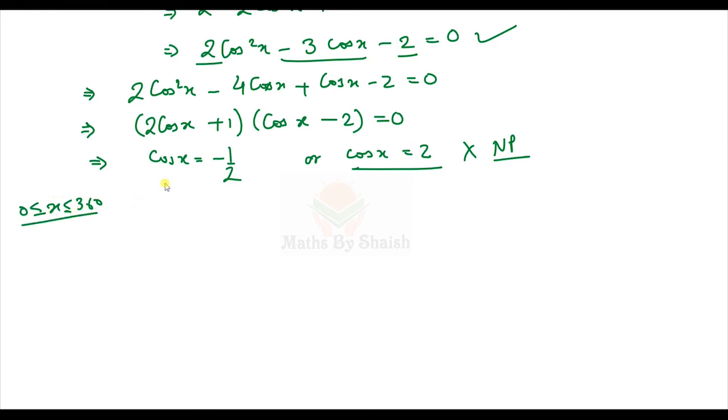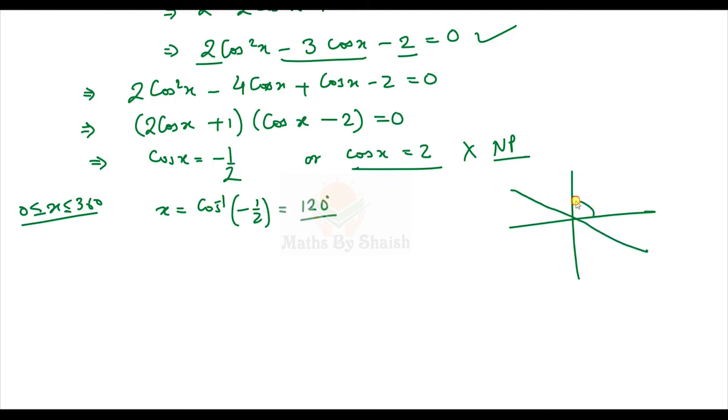So from here, the first angle you will always get from the calculator, that is cos inverse of minus 1 by 2, which is 120 degrees, which is of course true, because 120 is in the second quadrant, and in the second quadrant cos is negative. So we can get it from here also. This angle we got from the calculator, and here it is negative, second quadrant. So if you want to find the other angle, we can only get the next angle in the third quadrant, because in the first and fourth quadrant cos is positive.